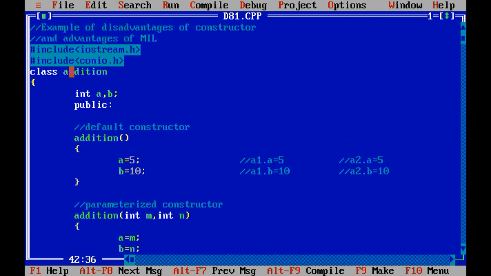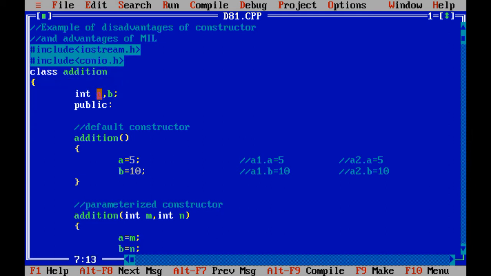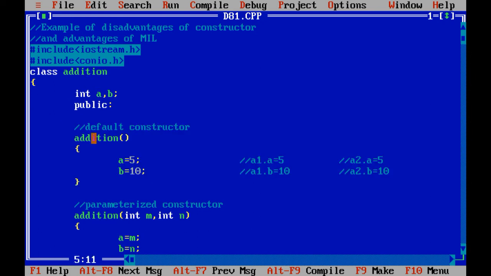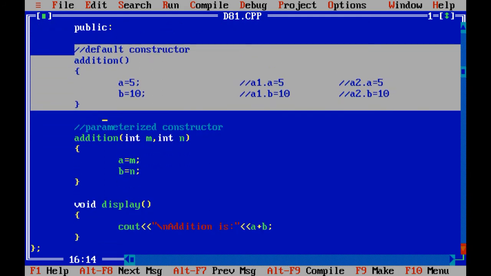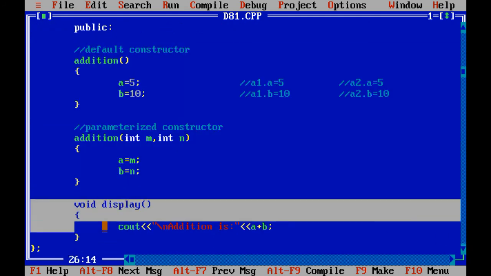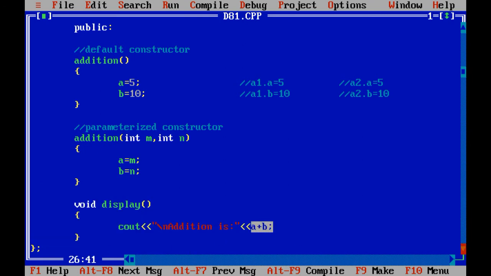I have created one class called addition, which contains addition of two numbers, that is A and B. I have created two constructors within the addition class. One is called the default constructor, the other is called the parameterized constructor. I have also taken one UDF to display the addition of both numbers.